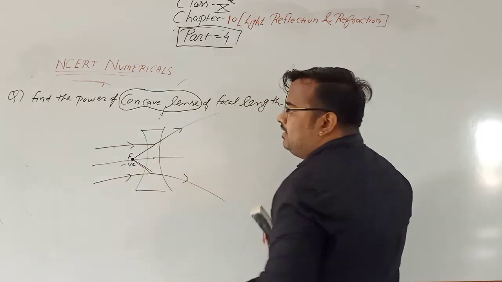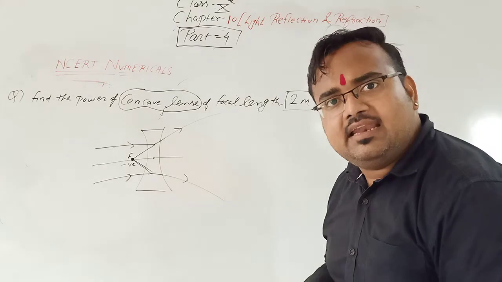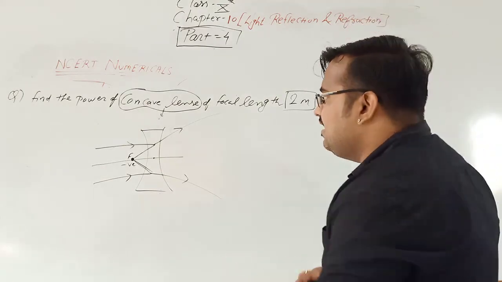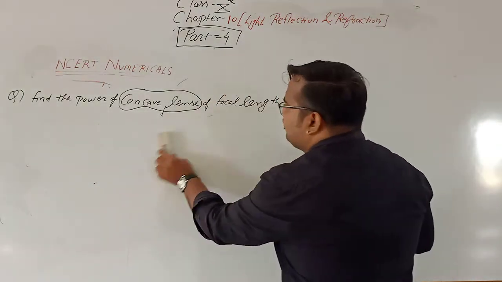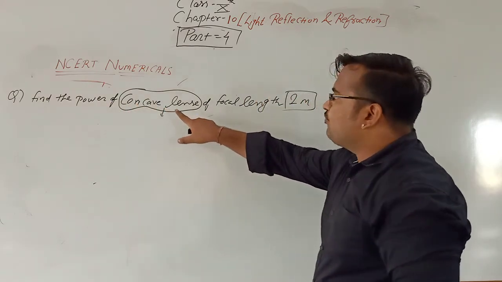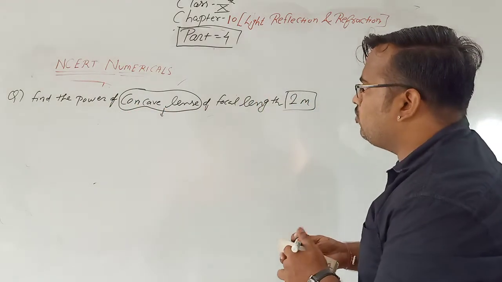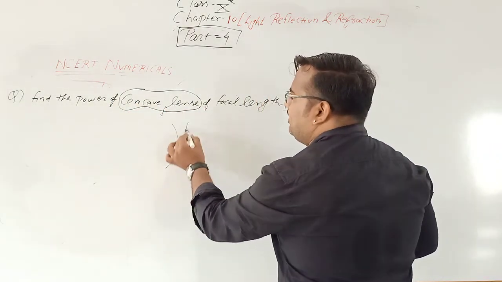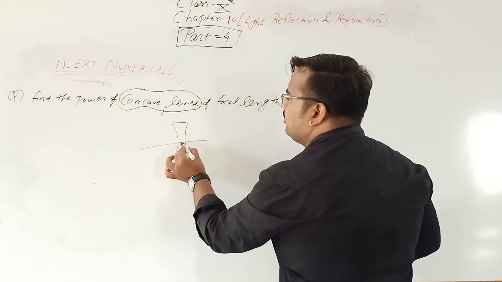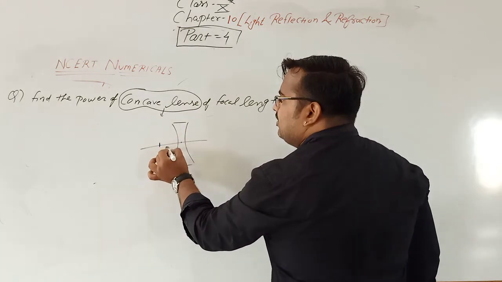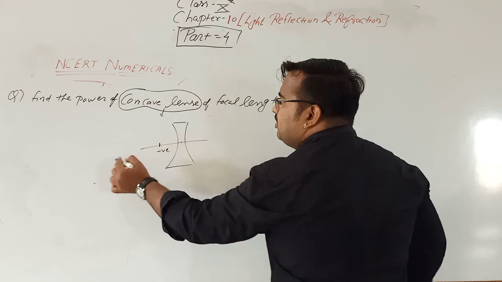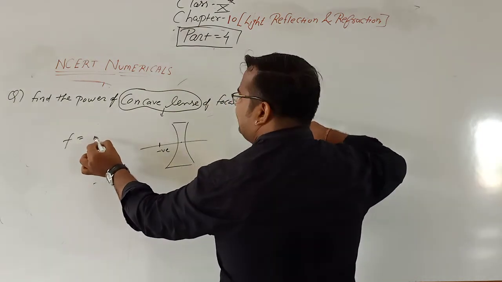All the distances are negative. So for the concave lens, the image is formed here on the left hand side, so we will take the focal length as minus